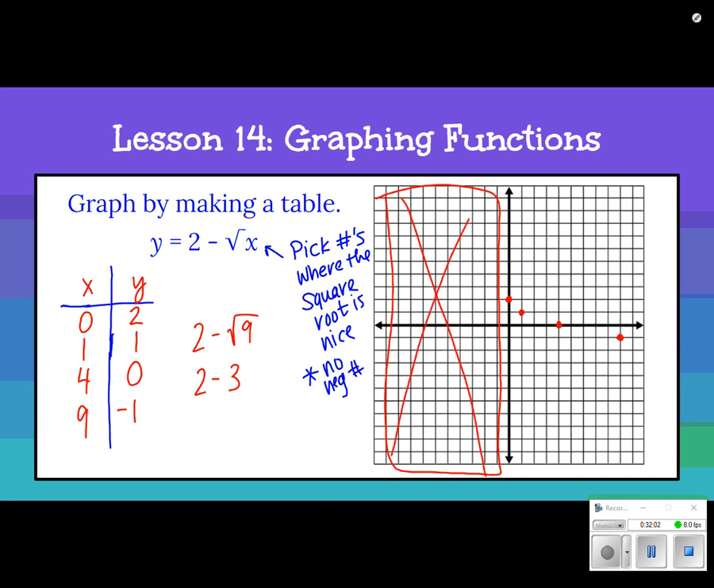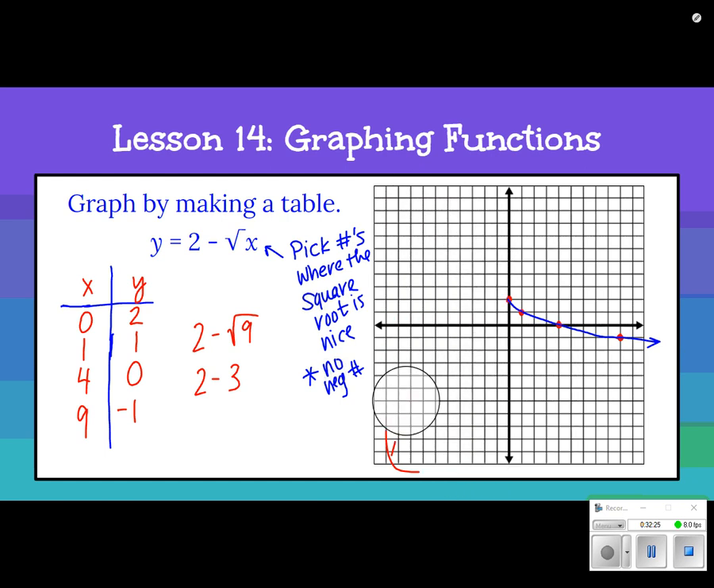So 0 is the smallest number I can use, because 0 is the smallest non-negative number. So I've got something that kind of looks like that. But that's for square roots. You don't come across them too much in Algebra 1, but I did want to show you that it's something that you can graph. So just remember, you don't have anything in negative territory because you can't take the square